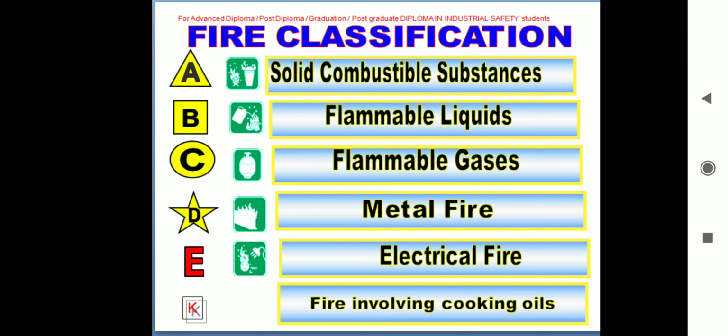And then capital E, that is electrical fire or electronic fire, and capital K is fire involving cooking oils. Generally in the previous cases K stood for kerosene, because kerosene was the common cooking oil in the past. Now it is banned. So these are some examples for class A, B, C, D, E, K.